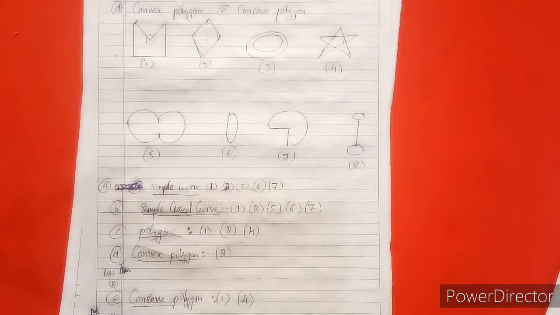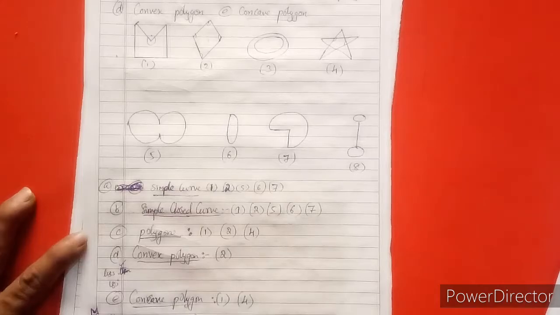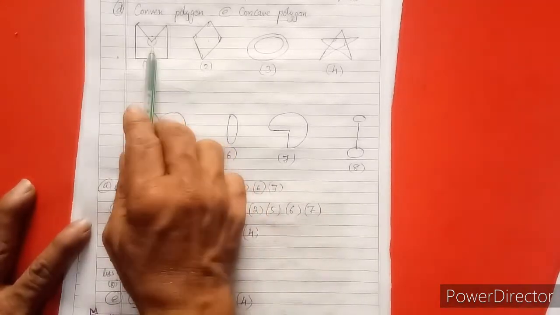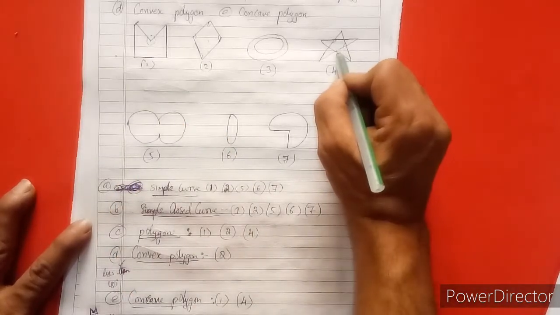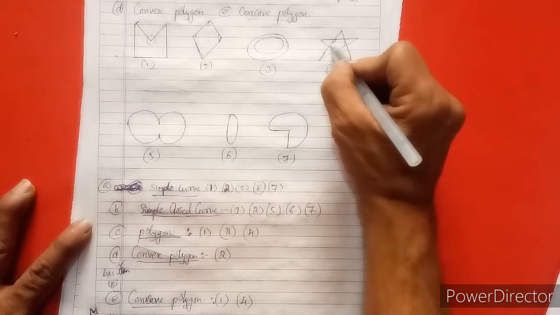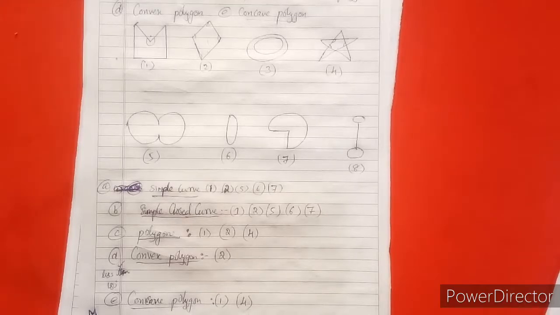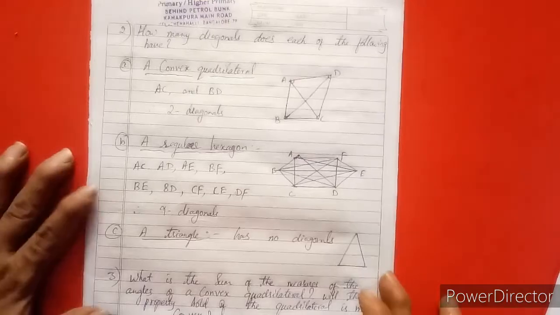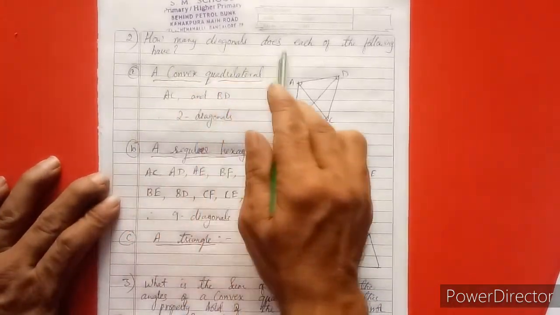Next, E1. Then I am going to see concave polygon. Concave polygon has angles more than 180 degrees. Only the first one is there, which has an angle more than 180 degrees. And this star also, I told you before, these angles will become more than 180 degrees. For that we have to take the fourth one, these angles are of a concave polygon. Understood my point? Next, the second main question I am going to explain, that is how many diagonals does each of